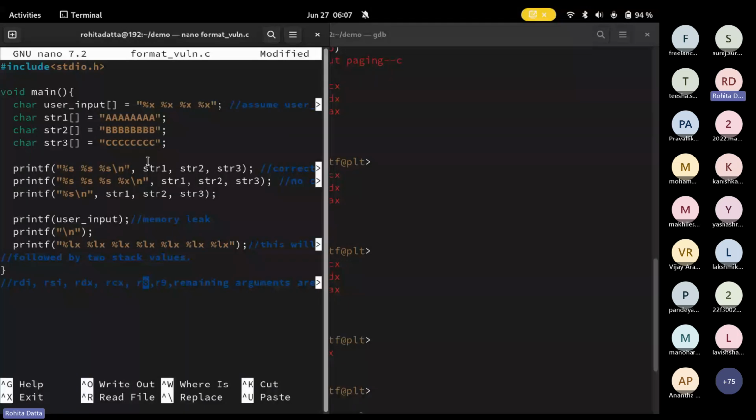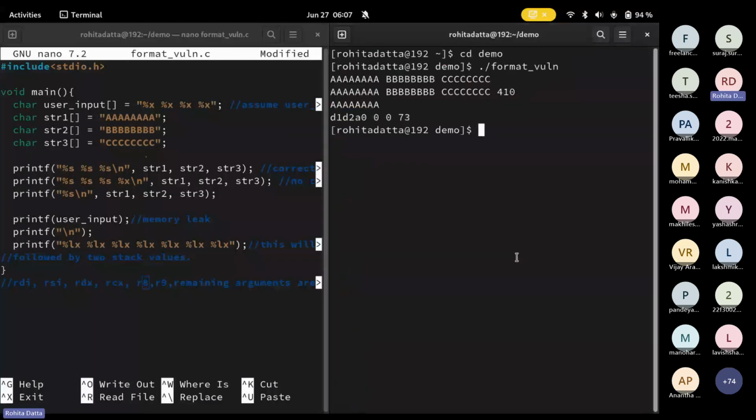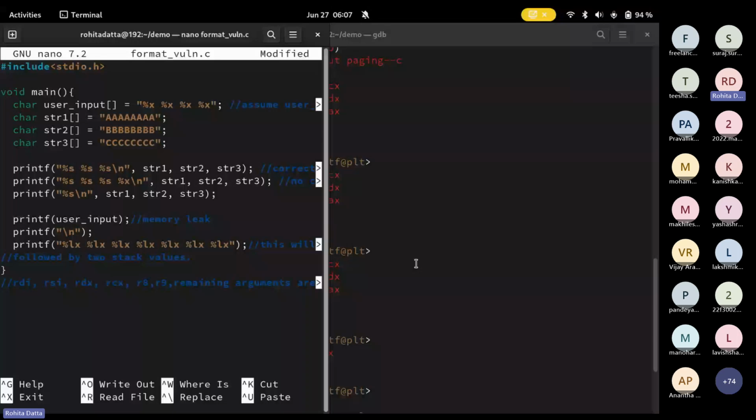So what you see here, this 410, is actually going to be the value that R8 holds, because that's the next argument according to the calling convention. To show you this on GDB,